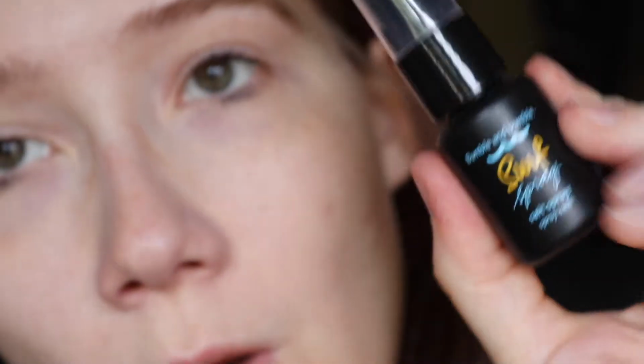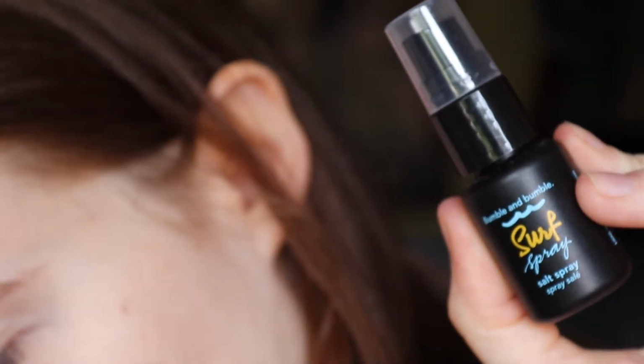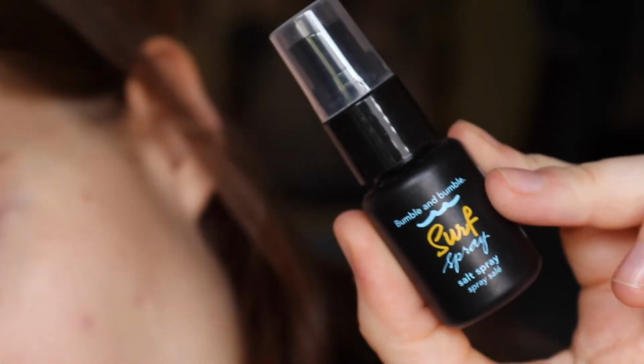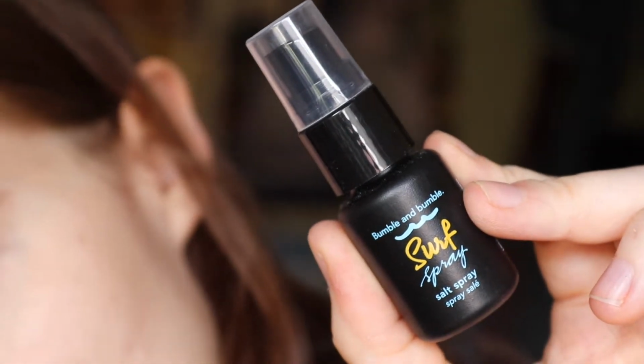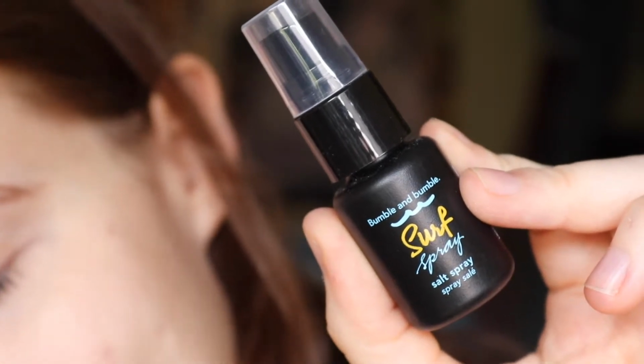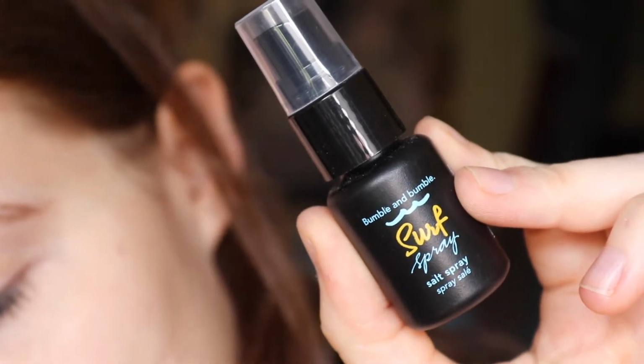It smells actually kind of good, but also not. So with this, you either get the surf spray, which I have, or you get the thickening Go Big treatment. And these are worth $2.40. Give your hair a perfectly tousled, beachy look with cold salt spray from Bumble and Bumble. Applied wet or dry, this surf spray adds body and texture to fine hair. Technically, you should put it on damp hair, but I don't care, so